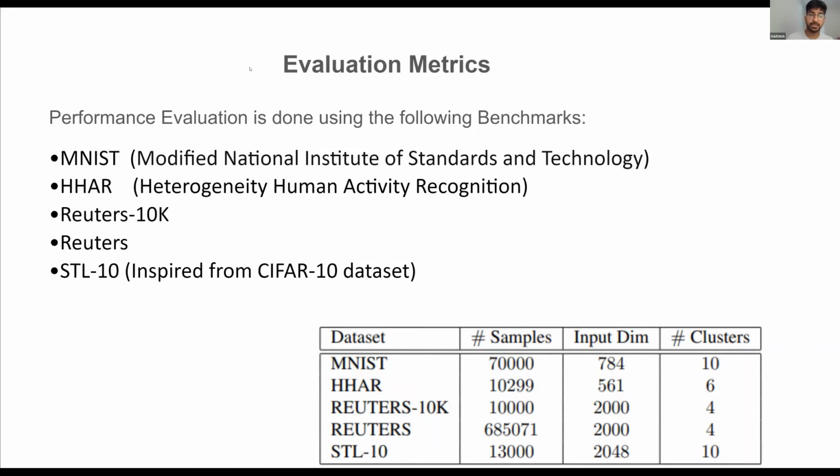Then Reuters 10K. The Reuters data set has all the news articles in it. It is organized as documents, and each document has several sentences, and the sentences have several words in them. Each word represents a class. When we input a sentence to the network, the VADE tries to organize the words and the frequency of the words used in a sentence or in a document.